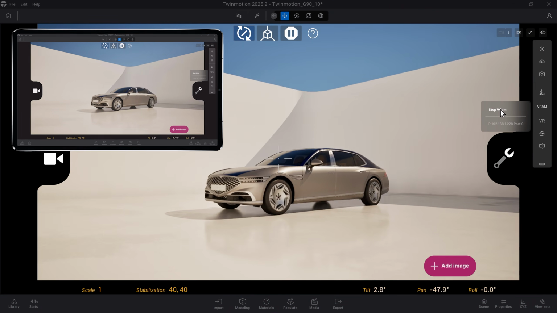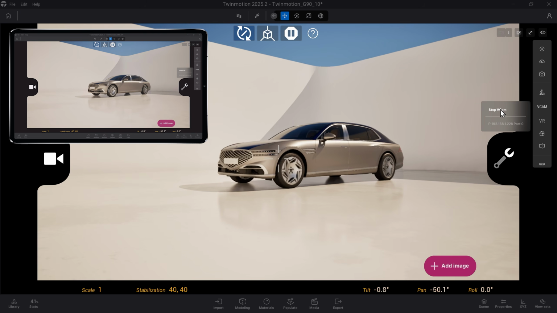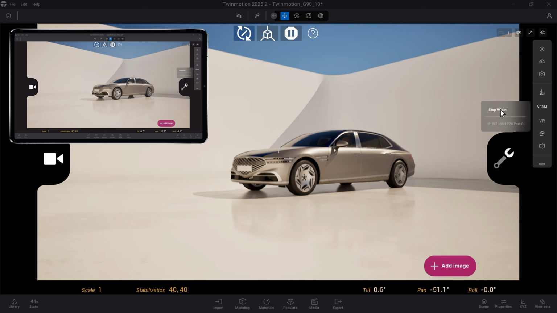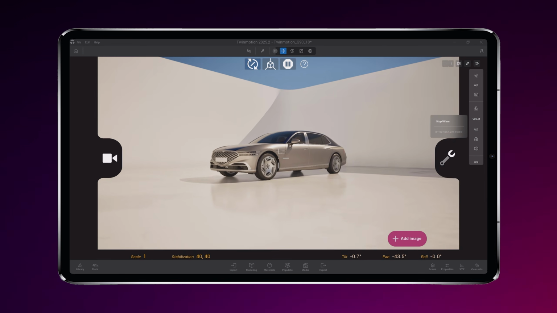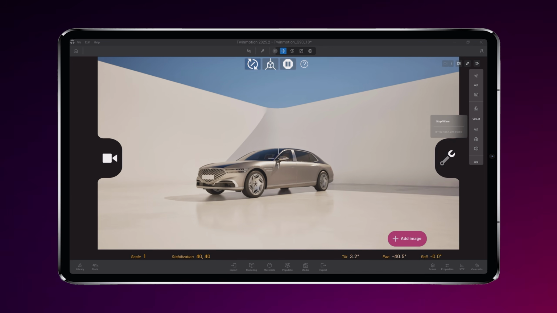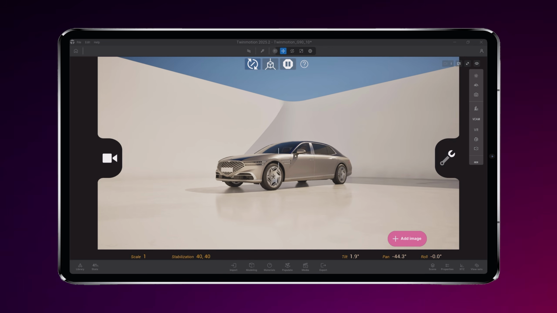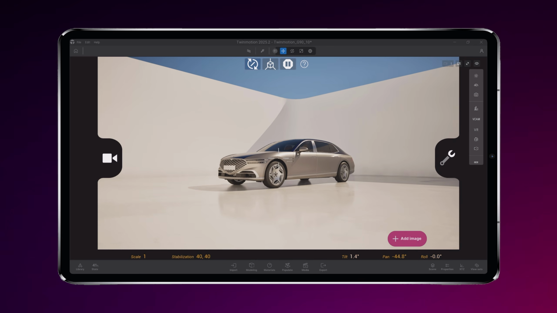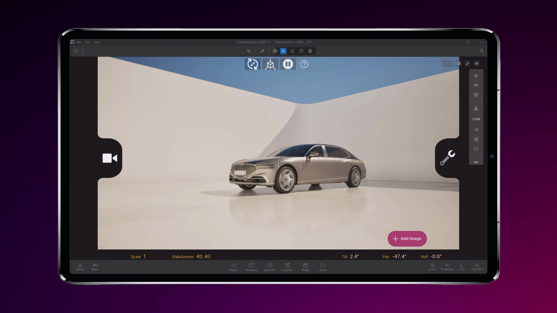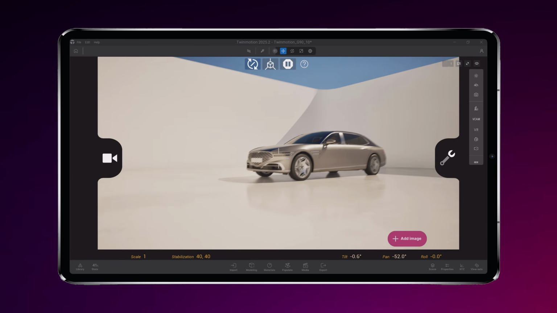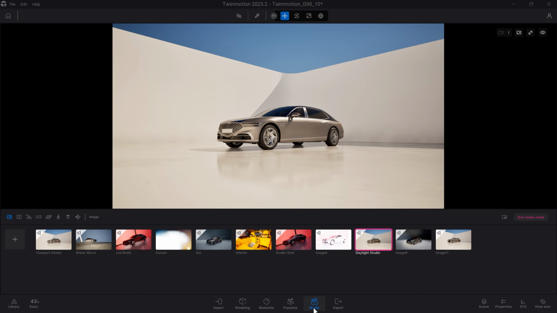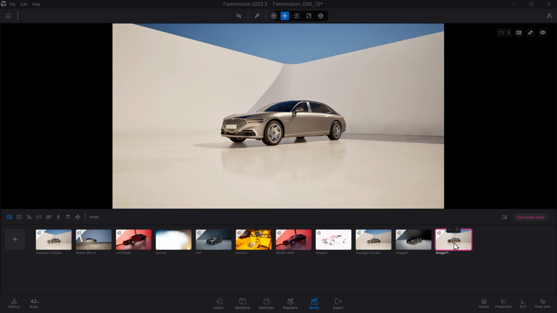You'll see that the mobile device or tablet is able to take control over the viewport positioning in Twinmotion. In the bottom right-hand corner of the screen, you will see a button that reads Add Image. This will take the coordinates of your camera in your tablet or phone and save an image into your Twinmotion model. They can be found in Twinmotion in the Media tab when the image button is selected. This allows for stakeholders and viewers to set cameras, and then Twinmotion creators are able to build it out further